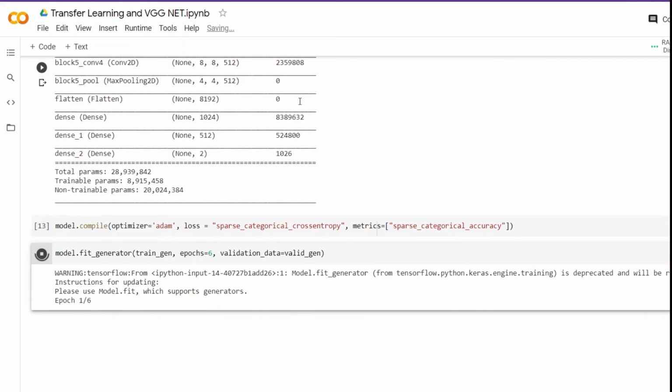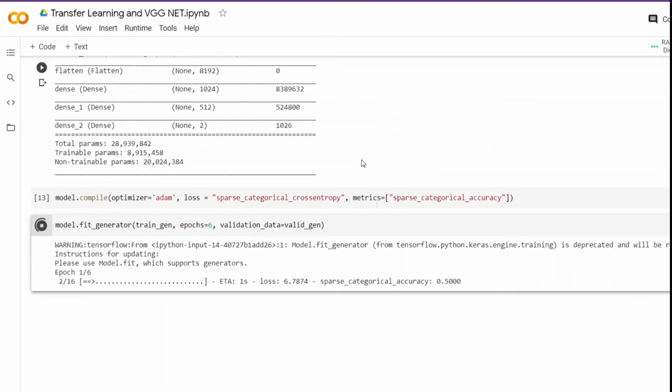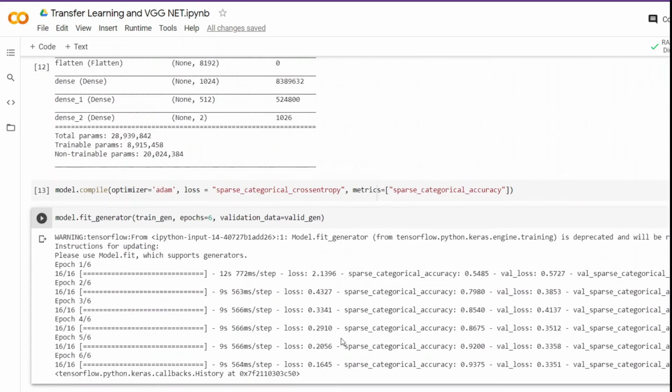So the training has started, and you may or may not be getting this warning. As of now, you can ignore this warning, and we will be dealing with it in future videos. So let me fast forward in time. The model has finished training, and you can see that without doing much, we are getting an accuracy of around 85%.